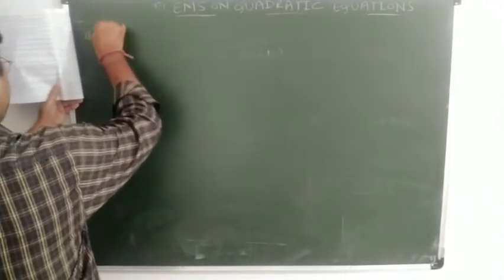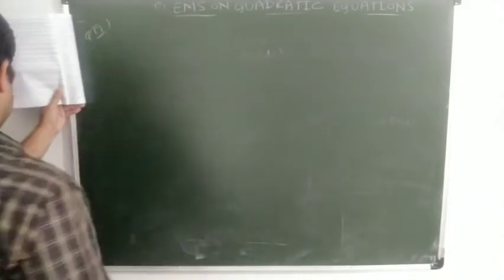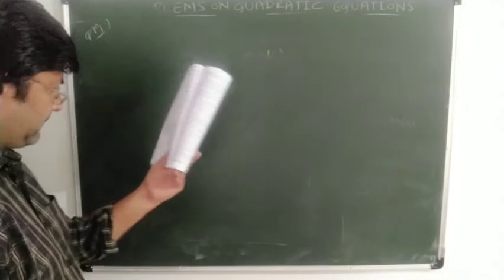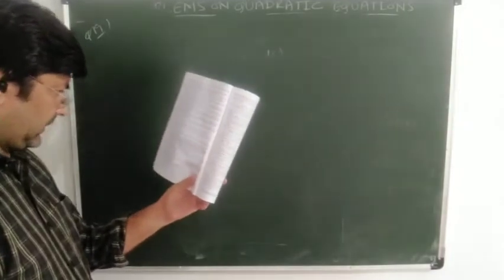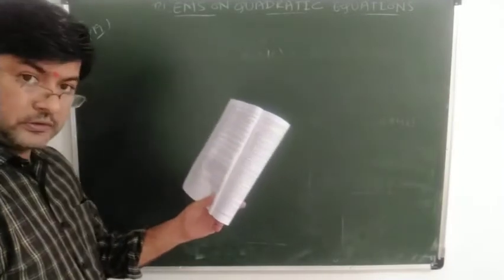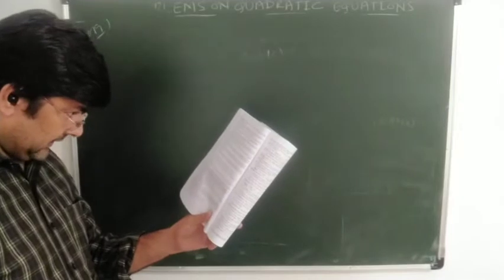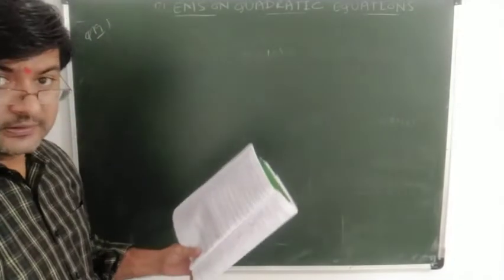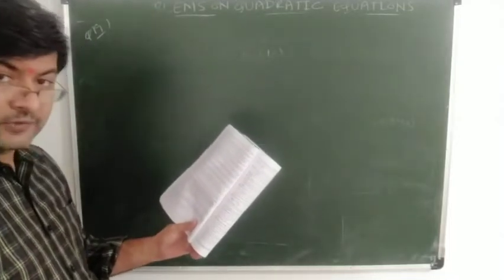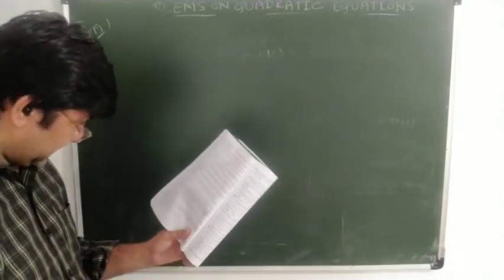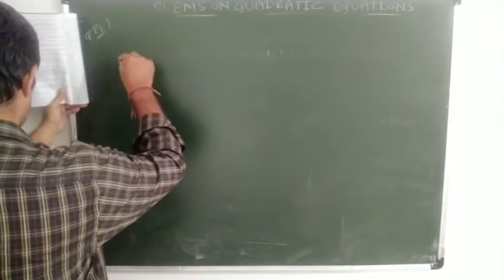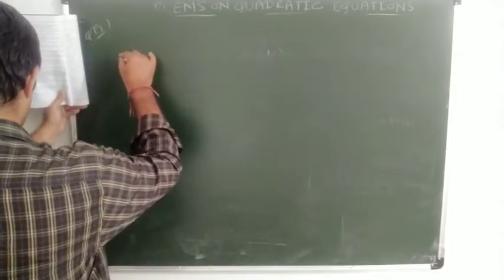Okay, question number 19. Car A travels x kilometer for every liter of petrol, while car B travels x plus 5 kilometer for every liter of petrol. So you are given the average of the car, x kilometer per liter. Clear? Yes or no? In 1 liter, the car will cover x kilometers. So we can write, yes, average consumption is given.